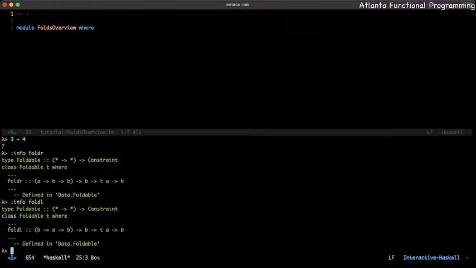One thing to note is that both foldr and foldl are types of foldable expressions, in that there's a type class called Foldable, and it contains these